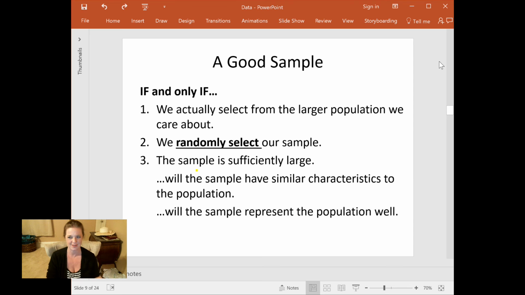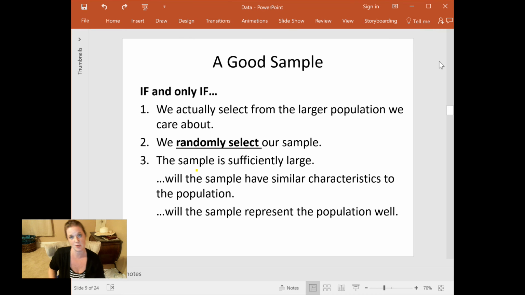You're like, well, yeah. Except it's easy to forget to do this. It's also very difficult sometimes to define your population well. And if you don't define your population really well, if you don't sit down and think to yourself, who am I trying to make a decision about before you go out there and collect some data, you are not going to have a good sample.